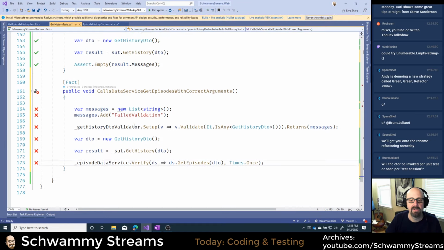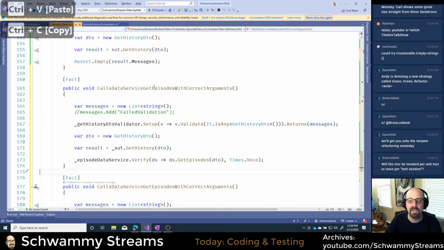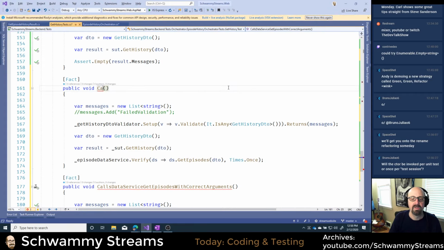And that is because of messages, because I have this in here, right? Now I have a failed validation message, which is good, okay? Because this is what I want to have happen in that case. But you can sort of see the way the logic is starting to work, okay? So now the next thing I could do, and this is all the kind of logic I want to test in here. It gets a little complicated, but I would say, how about this?